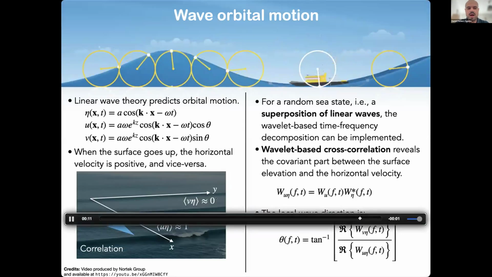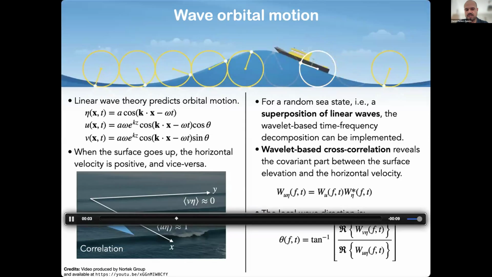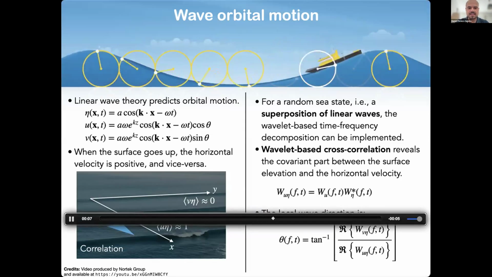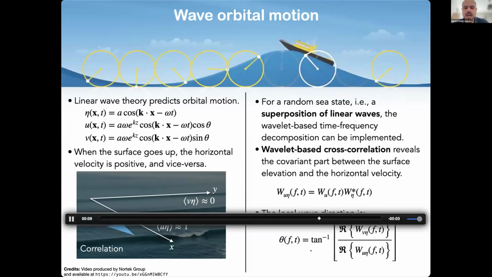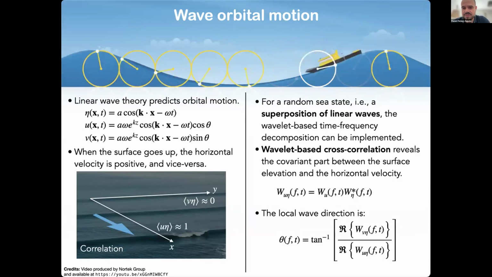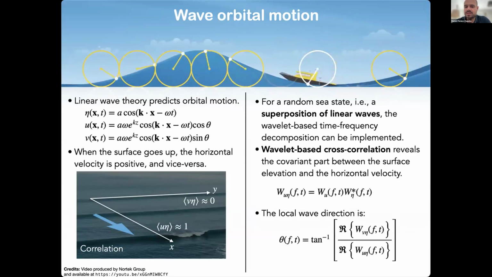Whereas the correlation of the perpendicular component of velocity and the surface elevation will be 0 in this exact case. So we use this and we leverage the wavelet-based correlation, which reveals the covariant part between the surface elevation